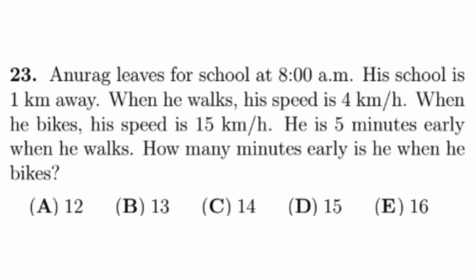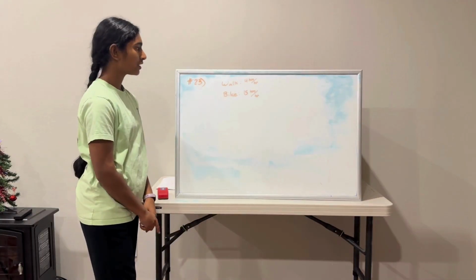Number 23. Anurag leaves for school at 8 a.m. His school is 1 kilometer away. When he walks, his speed is 4 kilometers per hour. When he bikes, his speed is 15 kilometers per hour. He is 5 minutes early when he walks. How many minutes early is he when he bikes? So it takes him,